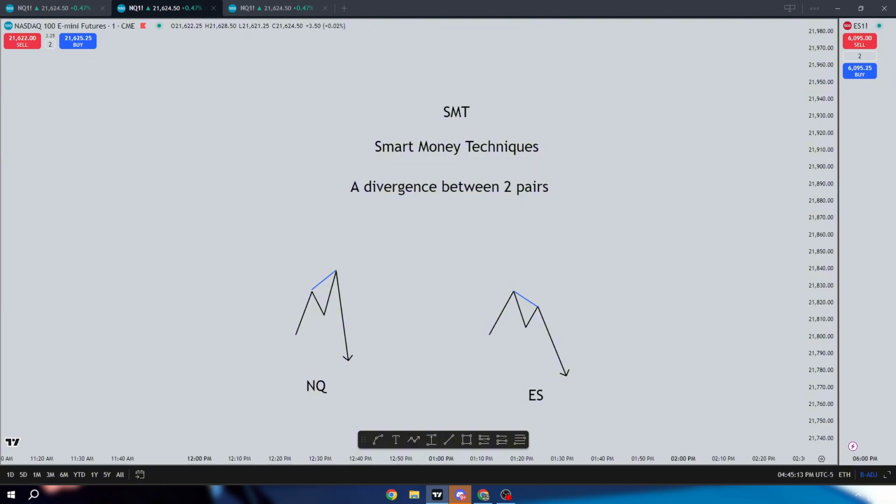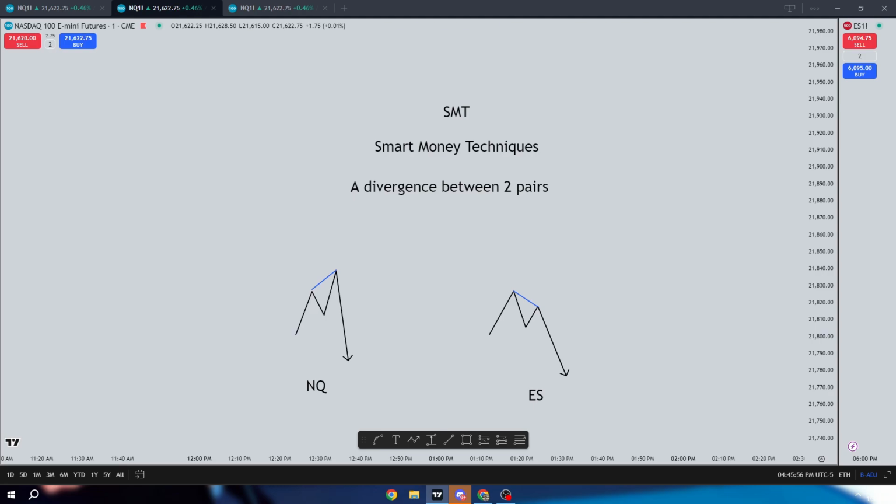So as you can see, I also have an example drawn out for y'all. Imagine you're trading NASDAQ. And as NASDAQ is trending upwards, ES, on the other hand, begins to trend downwards. When this happens at the same time, this is what's known as SMT. As a day trader, this can be a huge signal that something is about to take off in the market. So you might want to take a step back and reconsider your position before taking a move once you spot